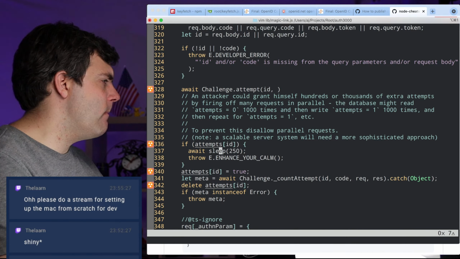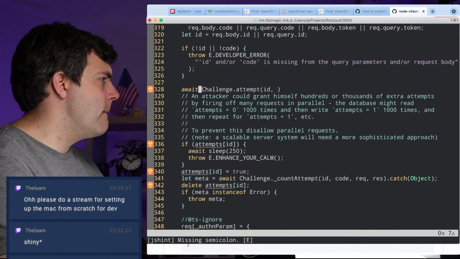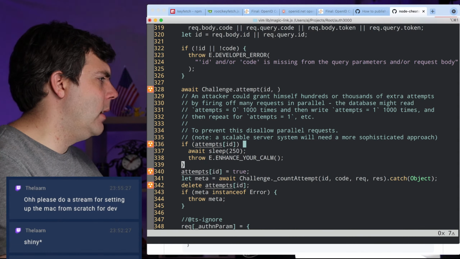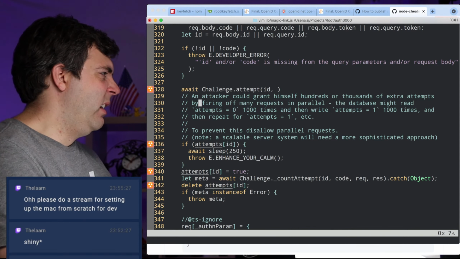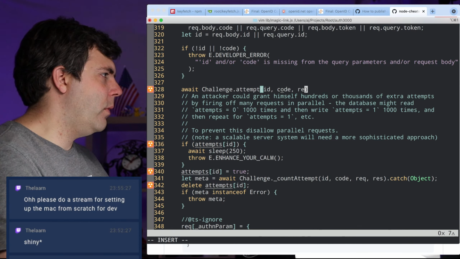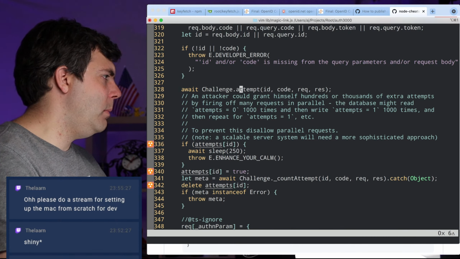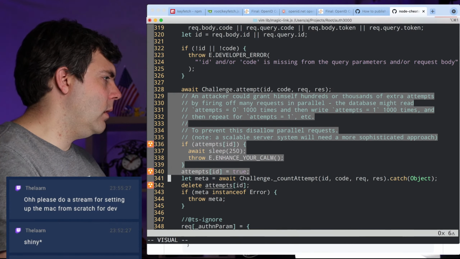Maybe. I'm not sure how this should be. It feels like moving this out would be wrong because this is pretty server specific. Okay, but what else will we do? Code rec res. Is that what this would be? Okay.